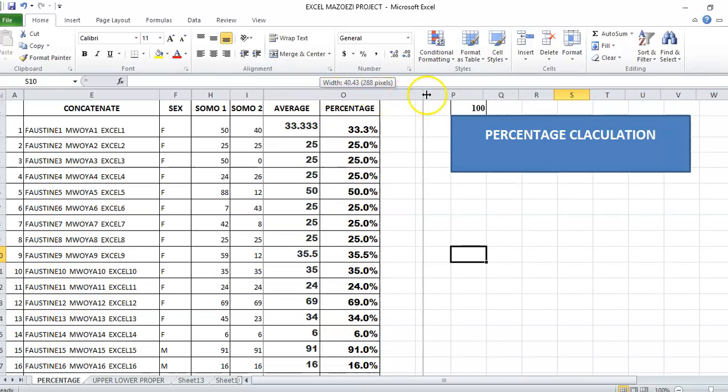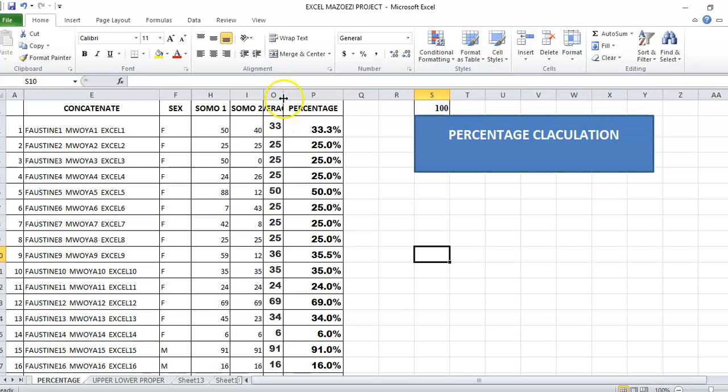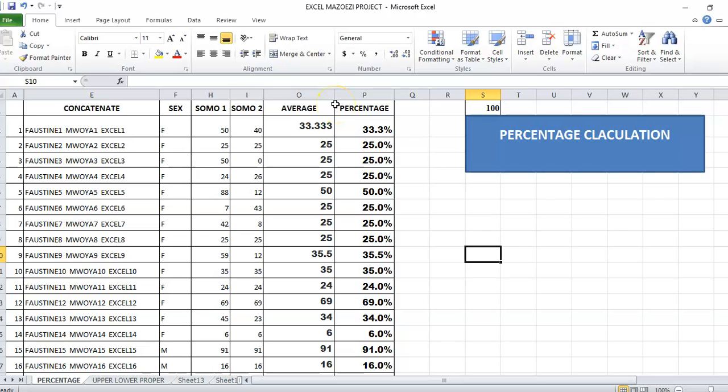then move where you want to change your column. For example, when I move this one, it means I have decreased it, or you can move to this side. When you want to increase the row height, it's the same: put your cursor on this one, then move